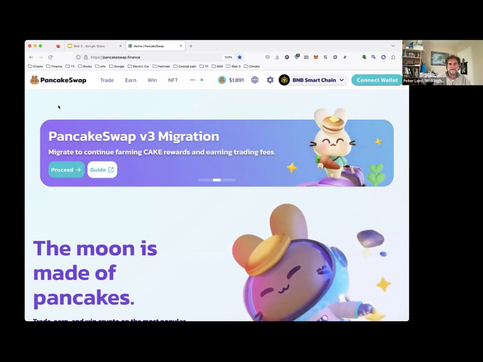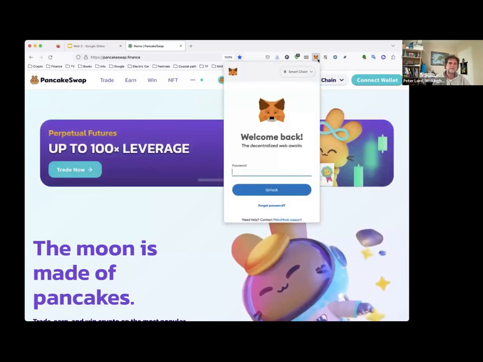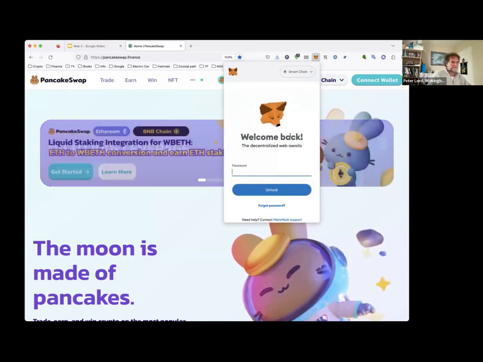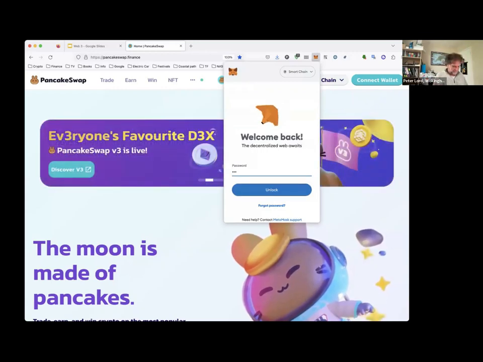So what else have we got here? You can hopefully see in my browser, I've got my wallet. There he is, MetaMask. So this is my wallet. It does this nice little thing here, which I've got to show you: it follows the mouse around. Now I can unlock my wallet with my secret,